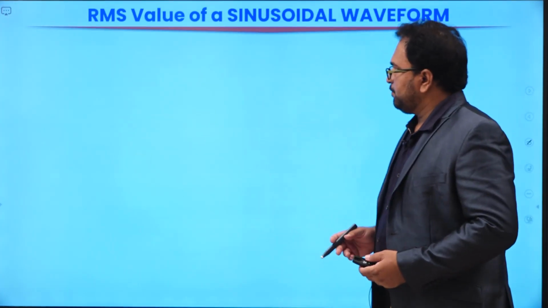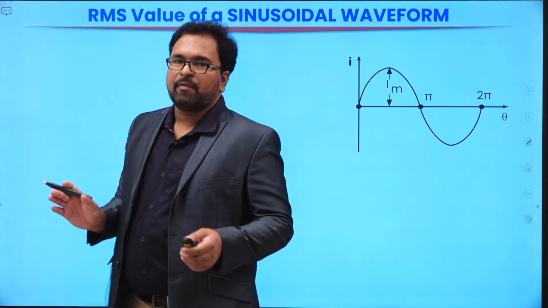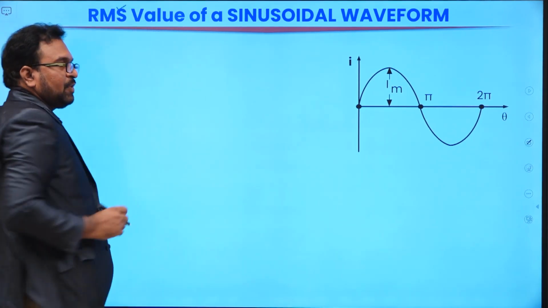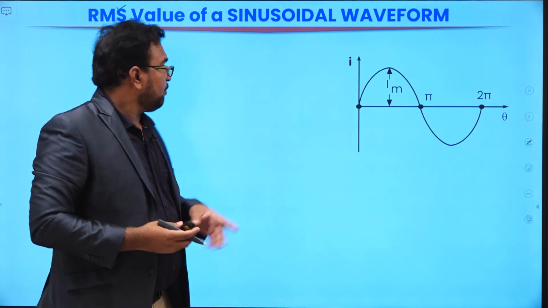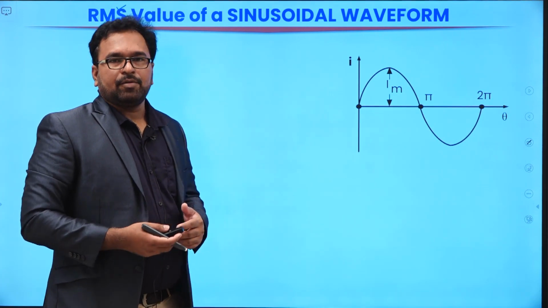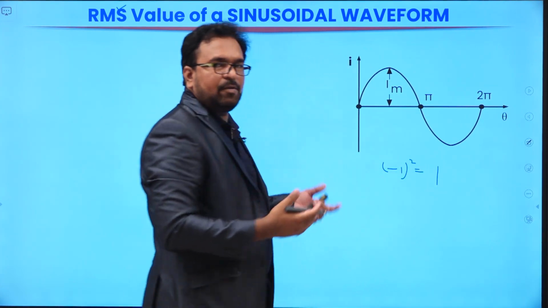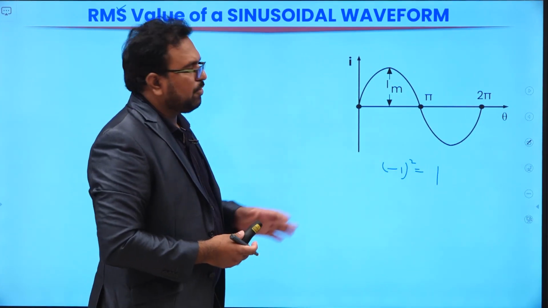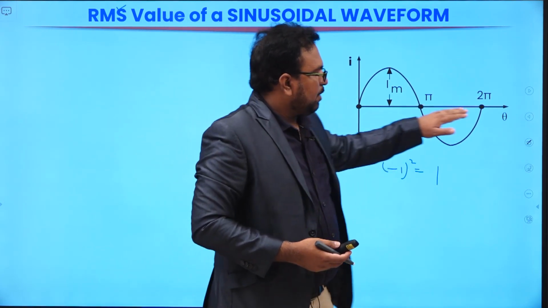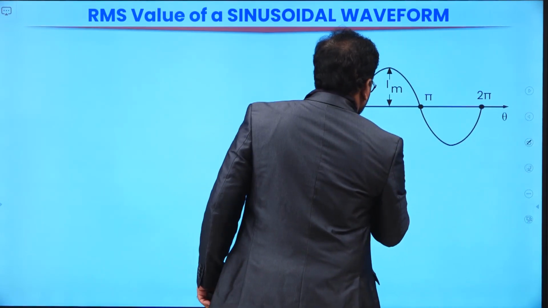Next one, RMS value. So here in case of RMS value, there is no need to find whether the waveform is symmetrical or not, because we are doing the squares. What is the first thing we are going to do to calculate RMS value? We are going to square, then we are going to take mean, then we are going to take root. What is minus 1 whole square? It becomes 1. So negative minus becomes plus. That's why there is no need to verify whether the waveform is symmetrical or not. You can directly calculate the RMS value for full cycle. That means for complete cycle you can calculate for any waveform.